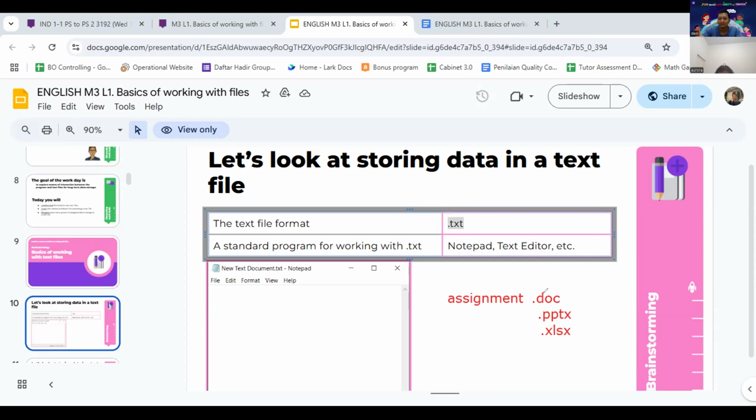Yes. When you create a notepad file, just type something, it will end with .txt. A standard program for working with txt is Notepad for Windows, a text editor, etc.